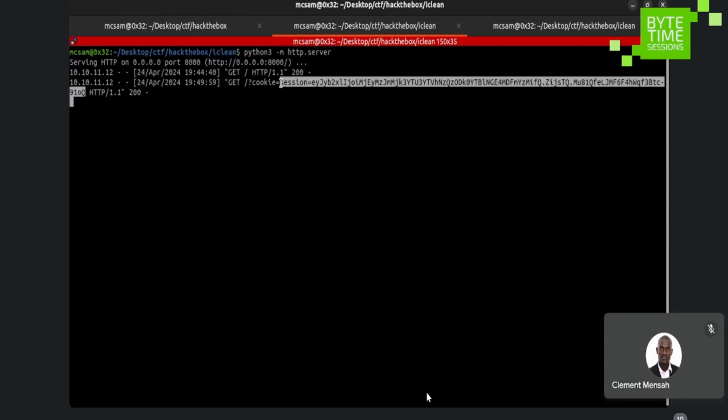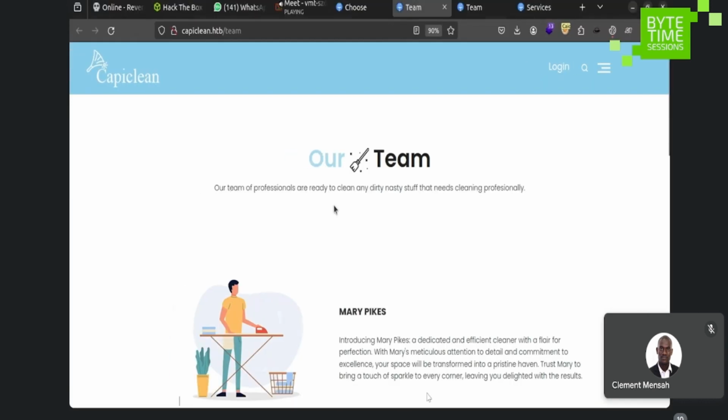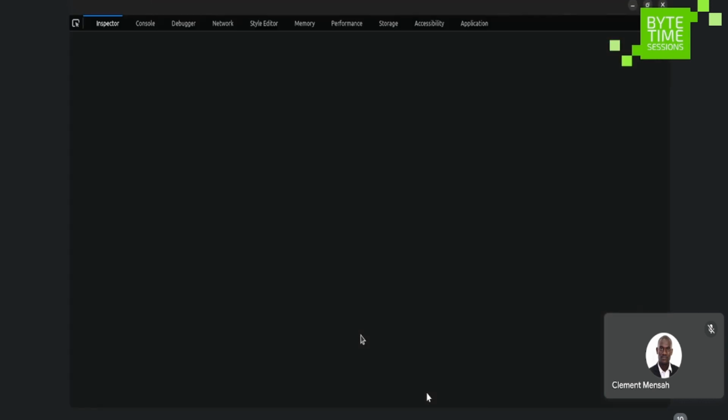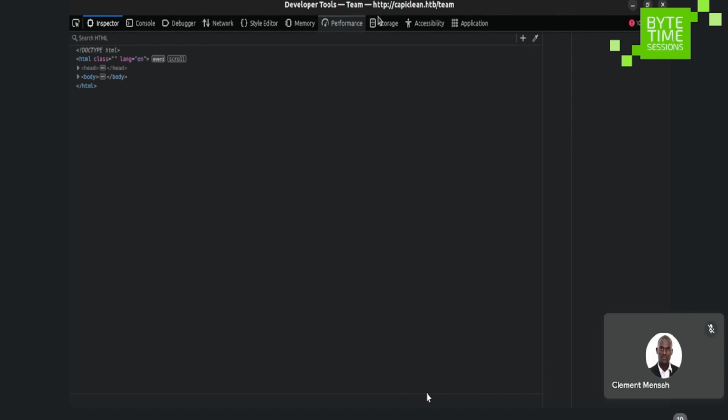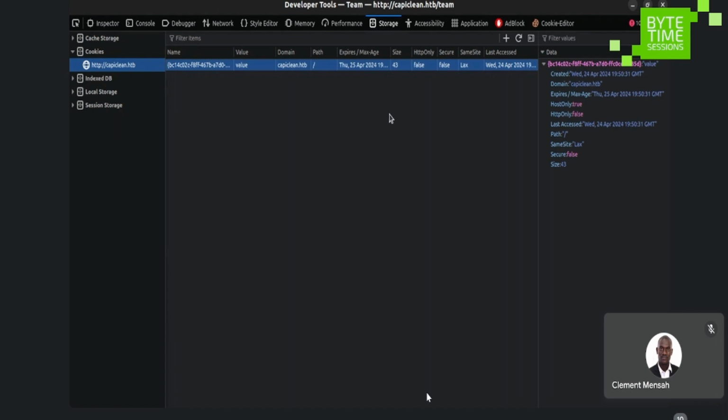All right, so you can see that session is equal to ey blah blah blah. So we've been able to steal the administrator's session token. I'm just going to copy this token and then I would import it in that particular web page, right? So I go to the storage session, create a new attribute. I'm going to create a new session cookie, right? Now, on every request, this session cookie is going to be sent along. Then I paste the value here. All right, so it has been